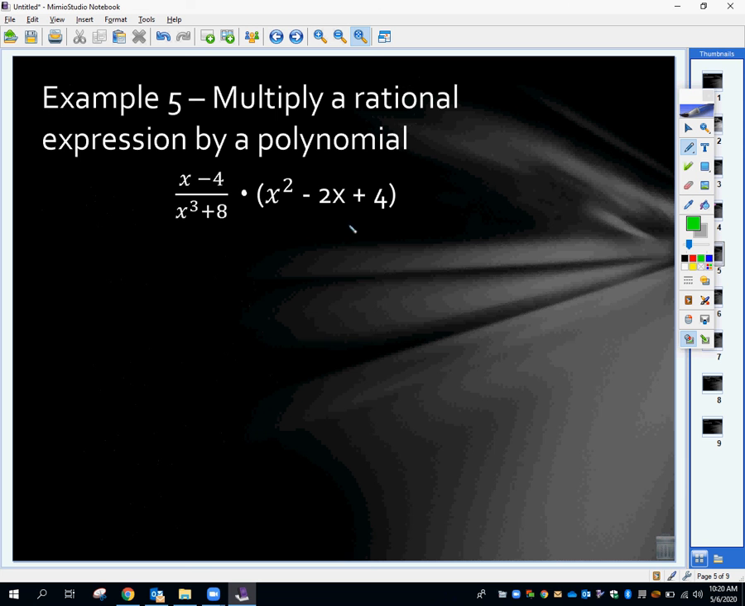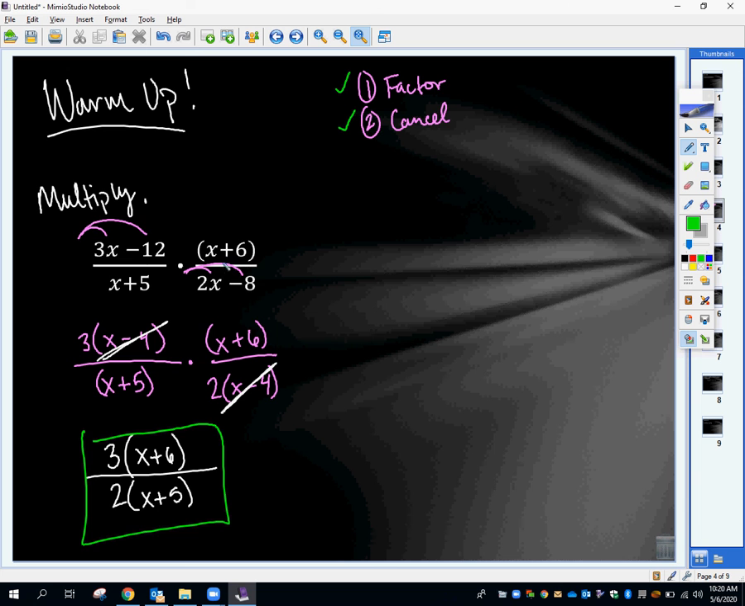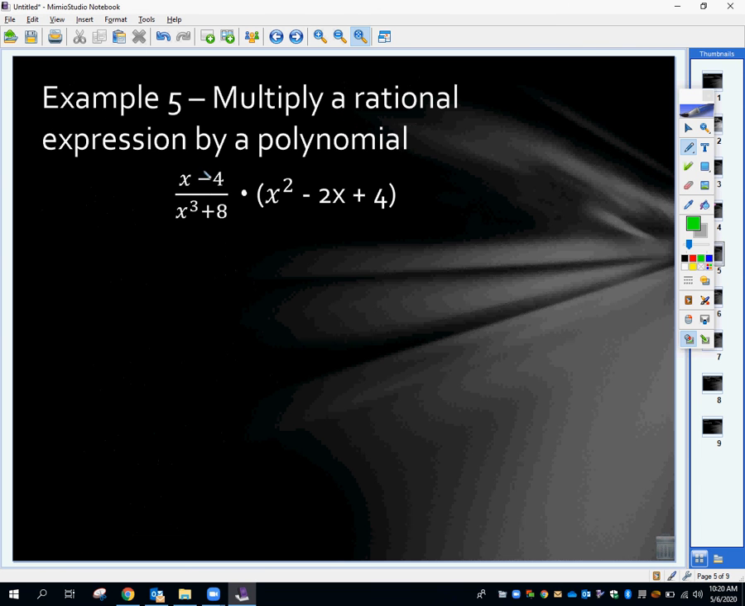There may be sometimes, though, when you are multiplying that it doesn't look like two fractions. So the previous one was clearly two fractions, but this one is one fraction times a polynomial. But keep in mind that this is actually a fraction if we write it over 1. So now we're back to our steps where we factor and then we cancel top and bottom. So x minus 4 can't be factored. X cubed plus 8, they don't have anything in common, and this is kind of a tricky one, but it